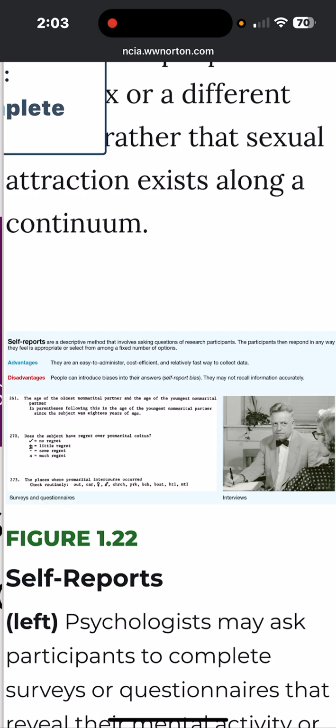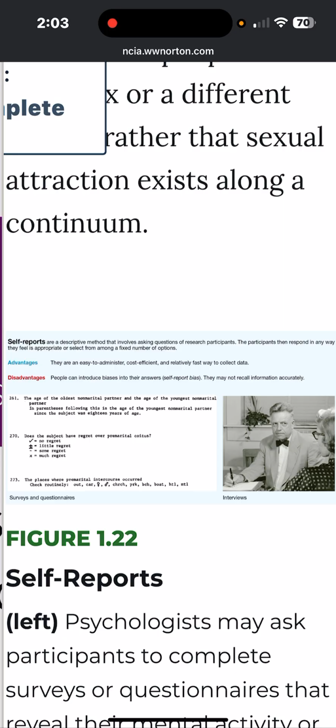Self-reports are a descriptive method that involves asking questions of research participants. These participants then respond in any way they feel is appropriate or select from among a fixed number of options. Advantages: they are easy to administer, cost effective, and